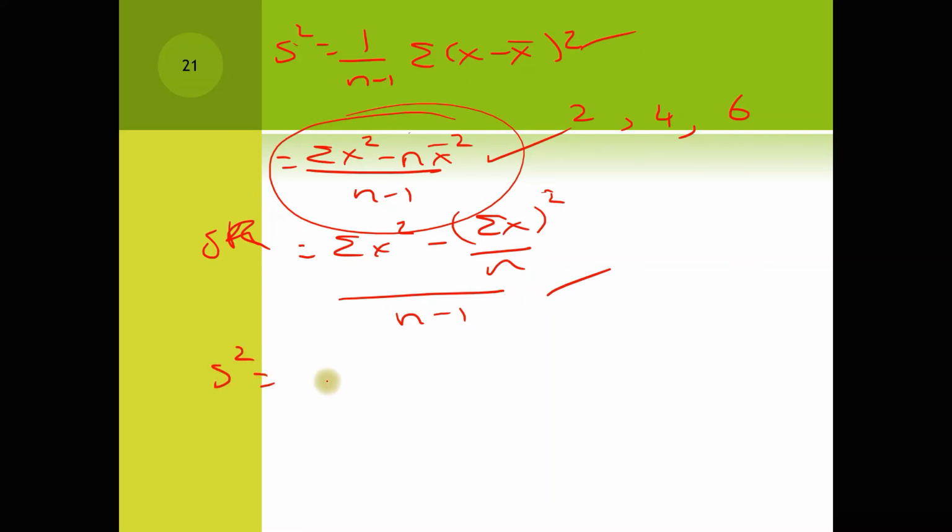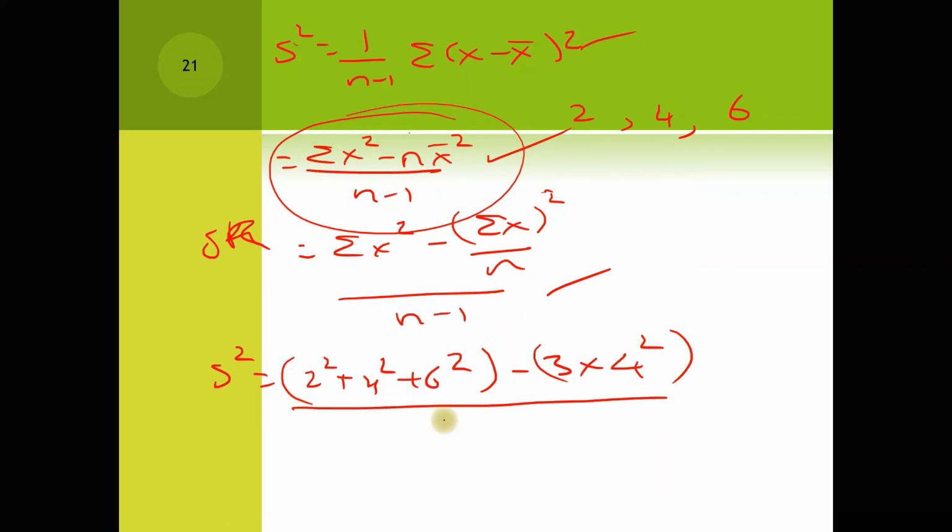S squared is equal to the sum of x squared, which is 2 squared plus 4 squared plus 6 squared. And then I need to subtract n, which is 3, times x bar squared, which we saw was 4 squared earlier. And then you need to divide by n minus 1, which is 2. So you are basically dealing with 56 minus 3 times 4 squared, divided by 2,